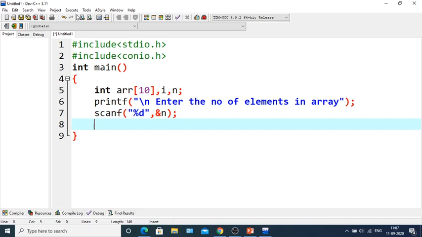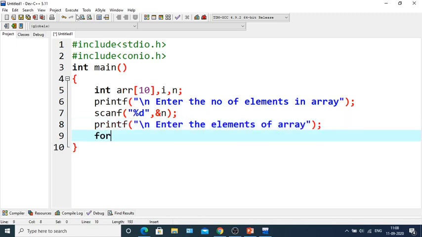Next we will take the elements of the array. So printf, \n, enter the elements of array. Then I will take a for loop: for i equals 1, i less than or equal to n, i++.